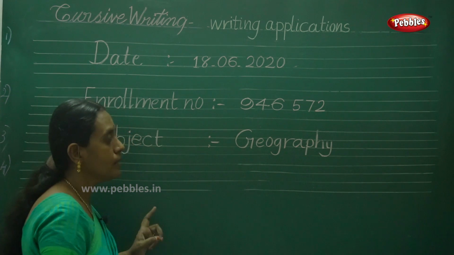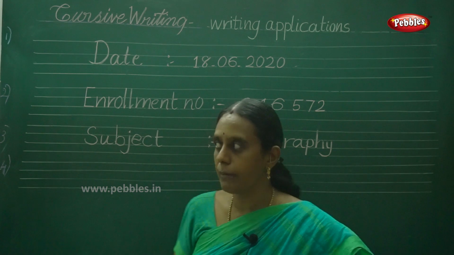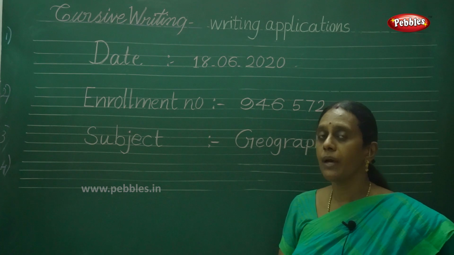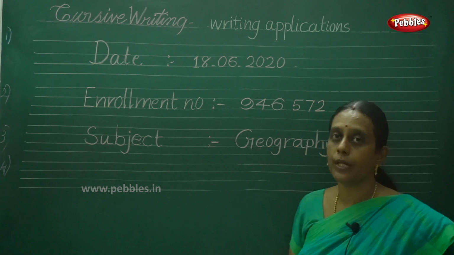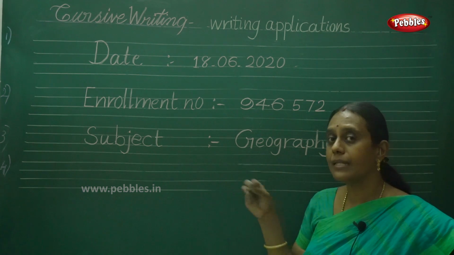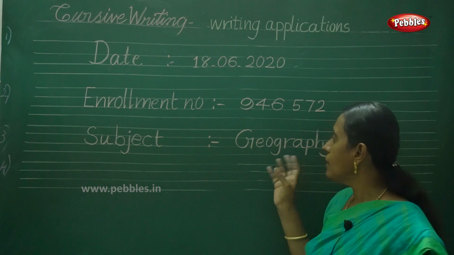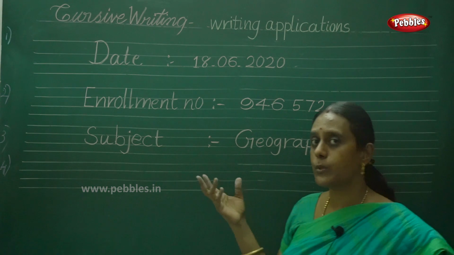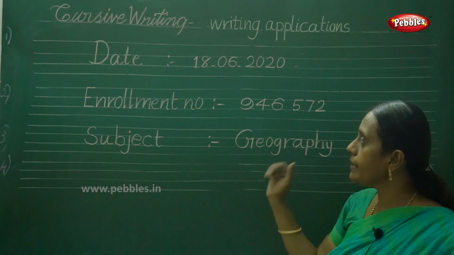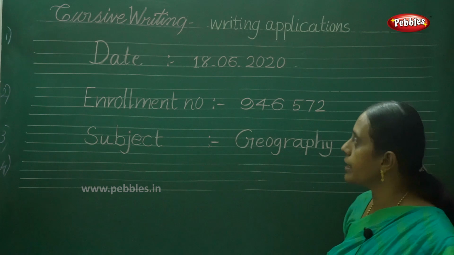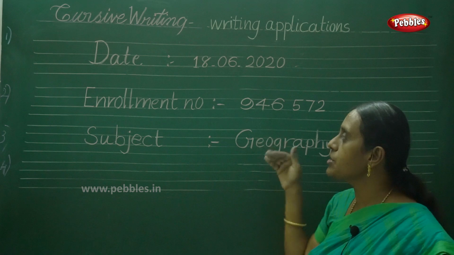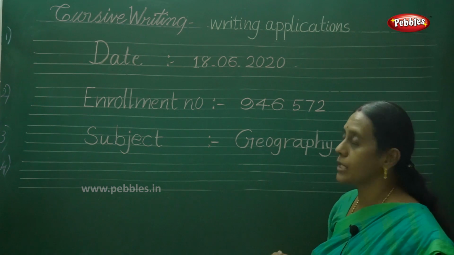This is the way: while you fill up this kind of application or any formal application forms, you have to choose this split and capital only. Don't choose cursive because it makes your handwriting illegible and may confuse others while they read it. So always choose this. Okay. So date, enrollment number and subject. This is the way of your examination front sheet: enrollment, date, subjects.